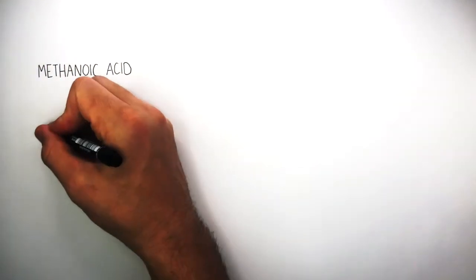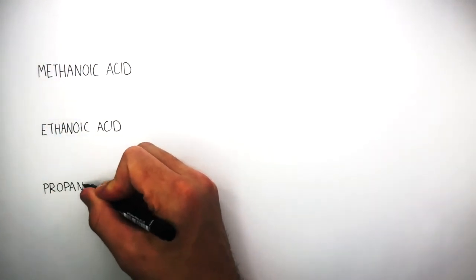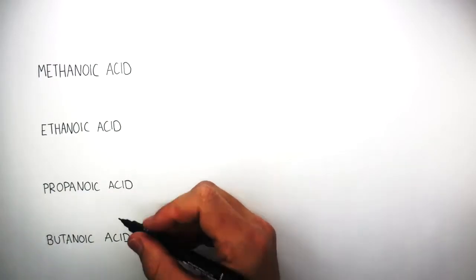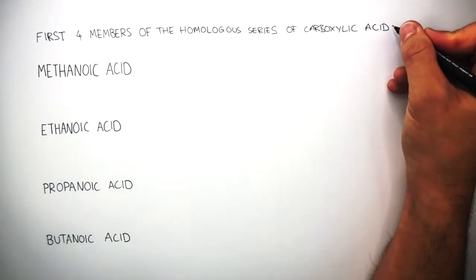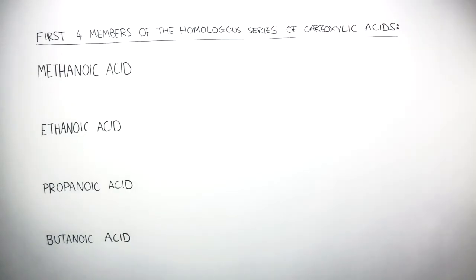Methanoic acid, ethanoic acid, propanoic acid, and butanoic acid are the first four members of the homologous series of carboxylic acids that you need to know. Now, the molecular formula of methanoic acid is